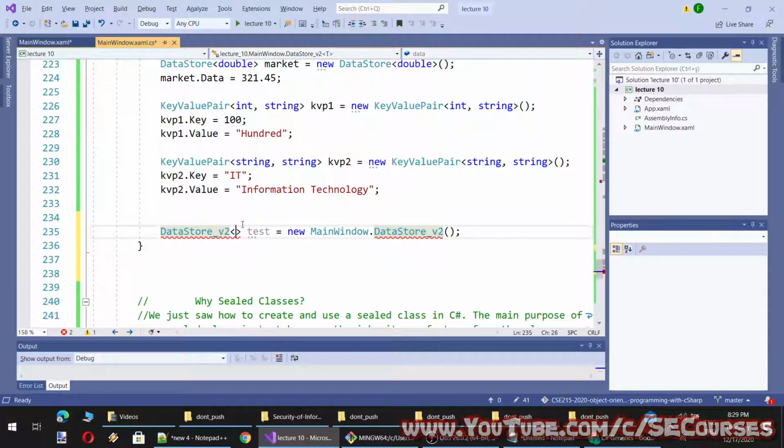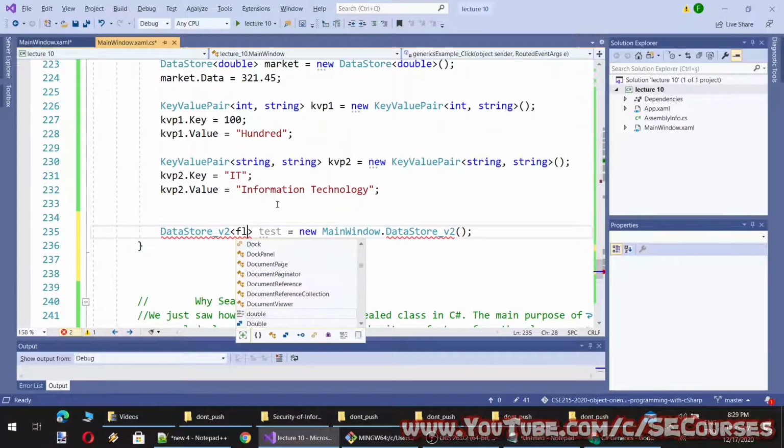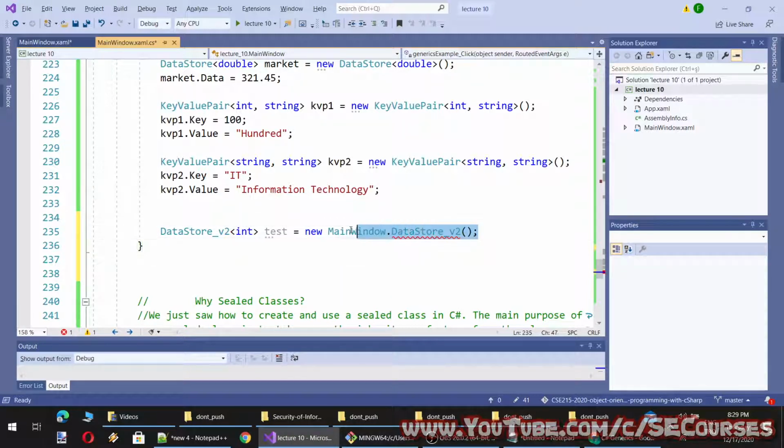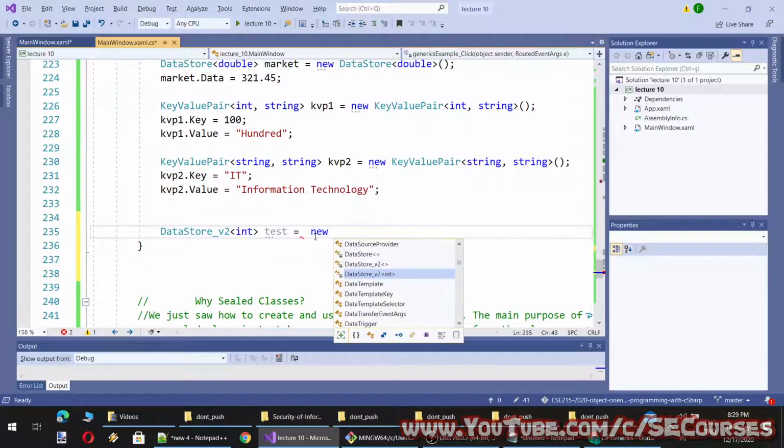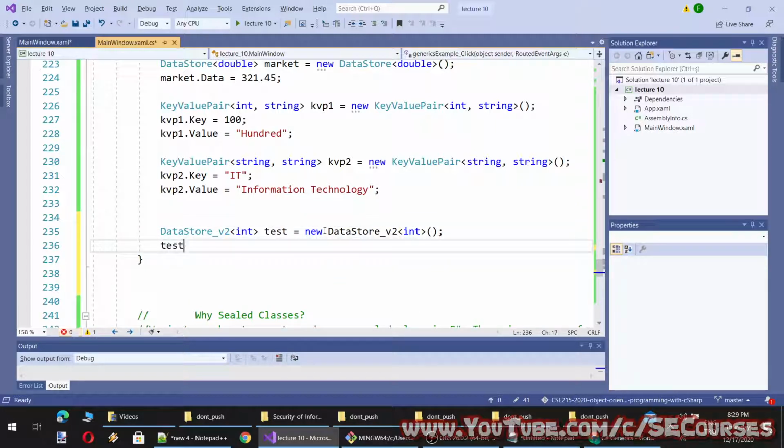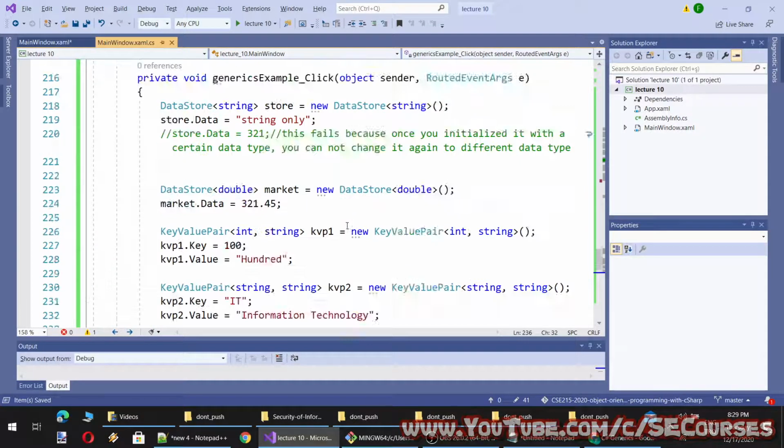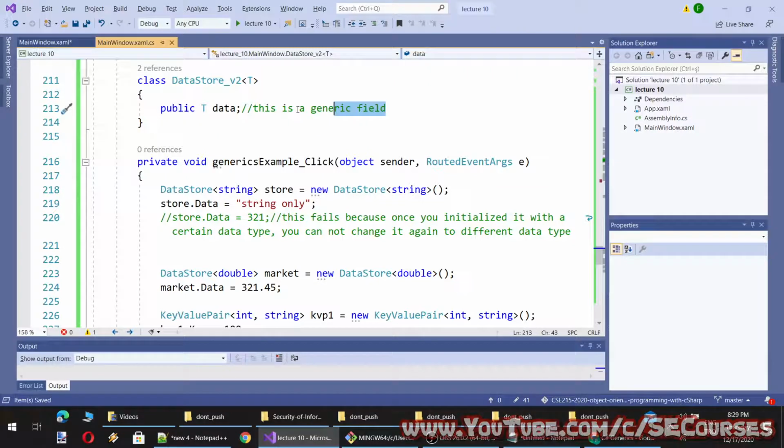So let's test with integer, and test dot data equal to something like this. I think we cannot initialize it with a default value like this. I don't know, let's try it. Okay, cannot implicitly convert type to integer. Okay, yes.